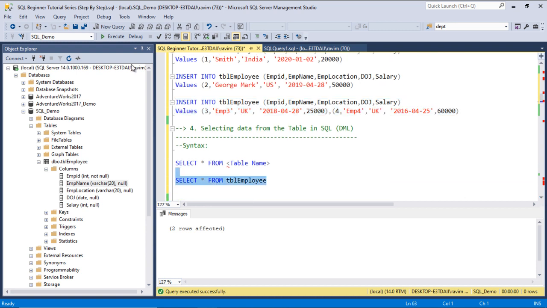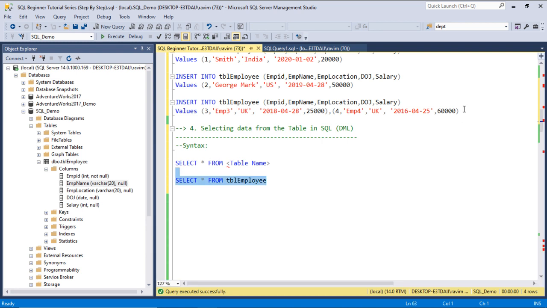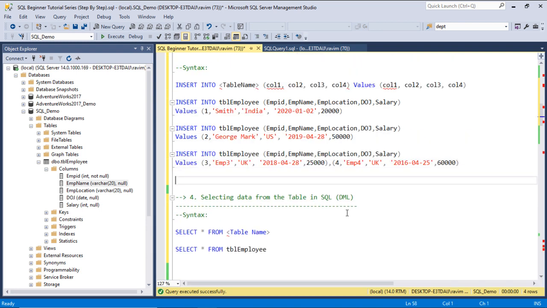Overall we have 4 rows. Let's select that and execute. So we have 4 rows here. That's how we can insert the data. And there is one more thing: if you want to add, inserting data to specific